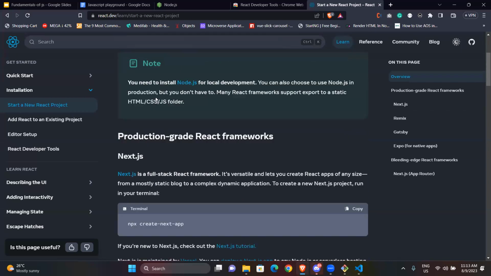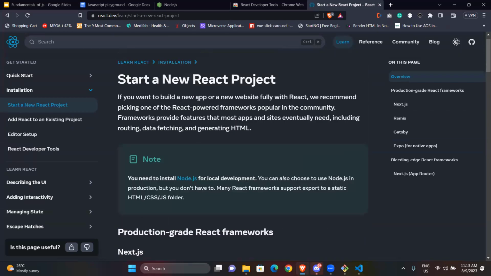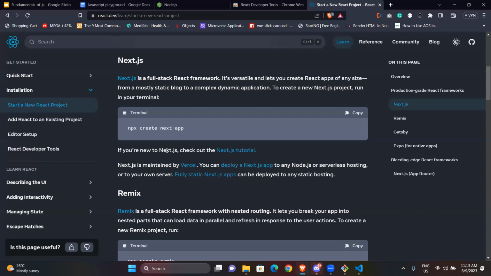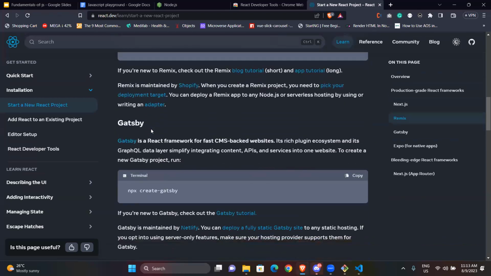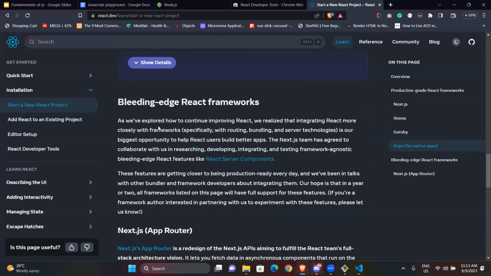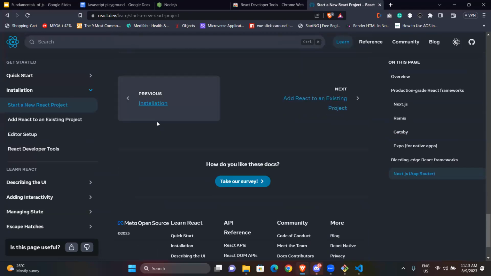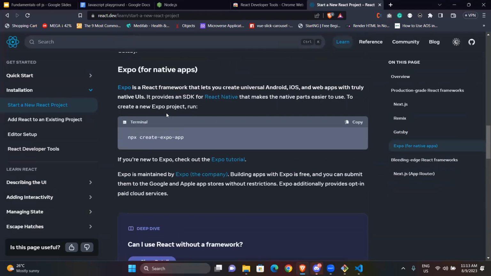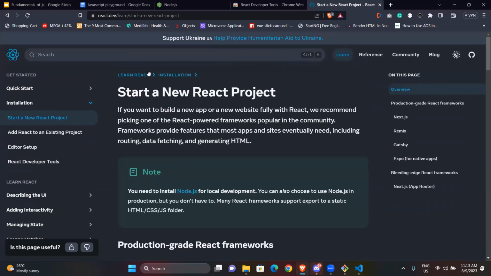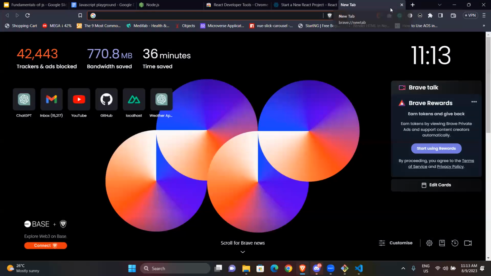You see, they even removed the one for plain React. This one is for Next.js, and you have Remix, Gatsby, and so on. That's the funny thing. React has kind of removed that aspect. So a bypass is that you just go to Vite.